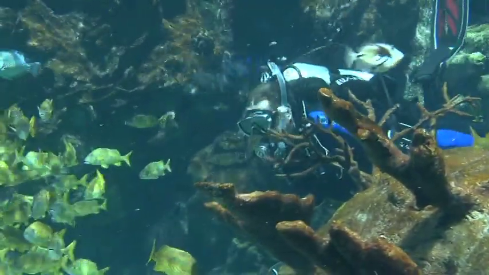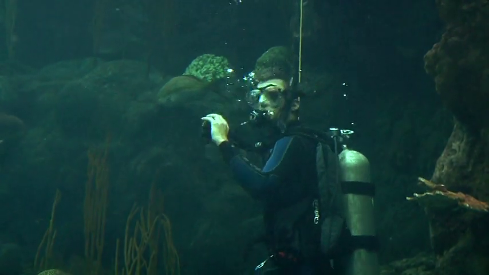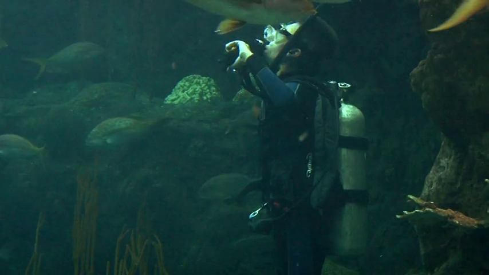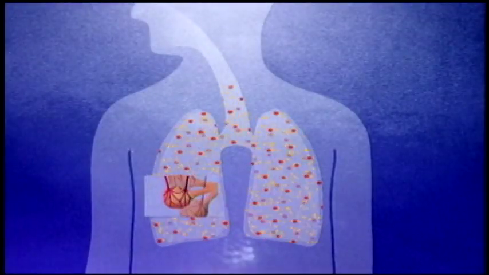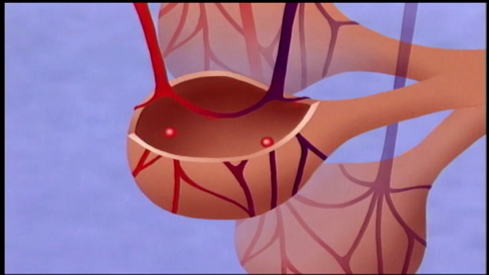Under normal conditions, as you ascend, you breathe in and out in a relaxed manner. You exhale the compressed air from your lungs before it can expand as a result of the decreasing pressure. If you hold your breath, you can suffer a serious lung injury. With your airway closed, the air expanding in your lungs will cause the alveoli to rupture soon after they reach full volume. There is no sensation of discomfort that warns you when this rupture is about to occur.